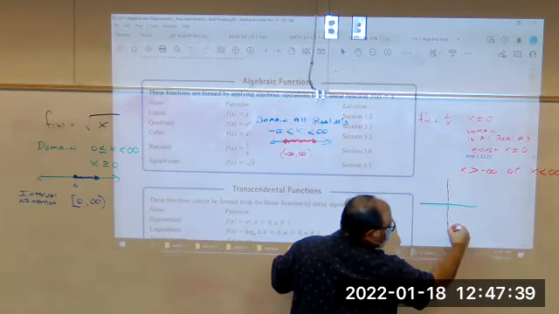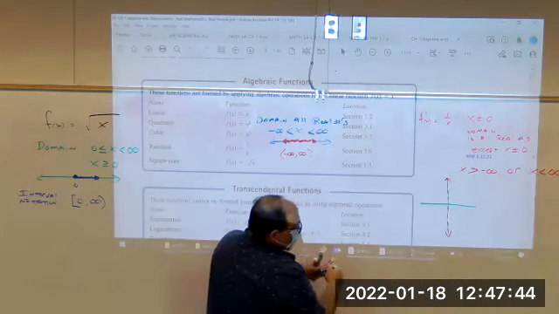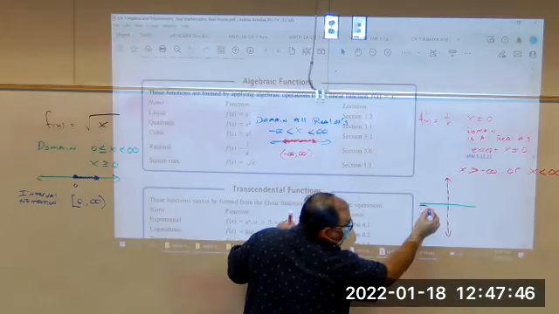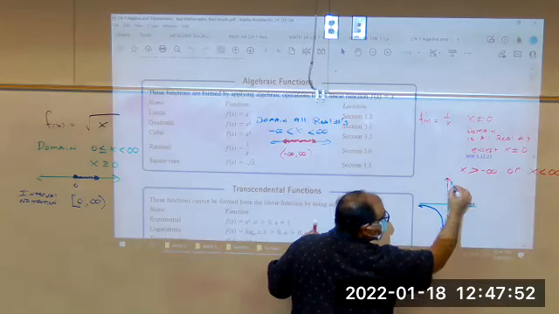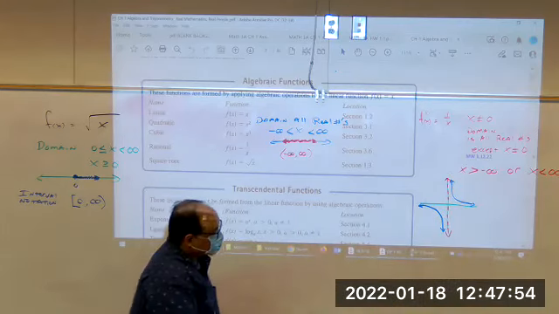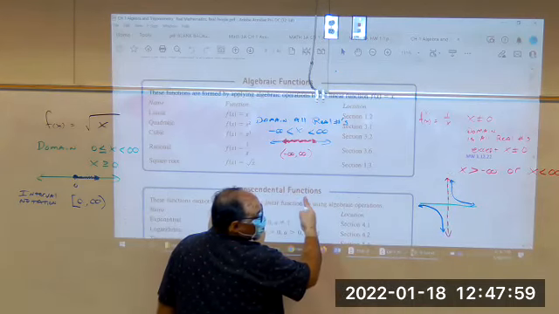So the vertical asymptote here, it's like a wall. And the graph is this on the left-hand side. And on the right-hand side, it is this. But we can plug in every single number this way